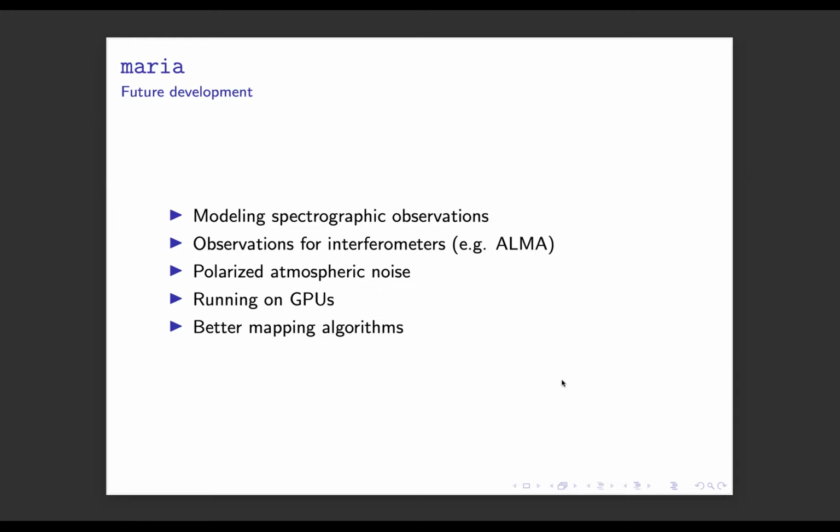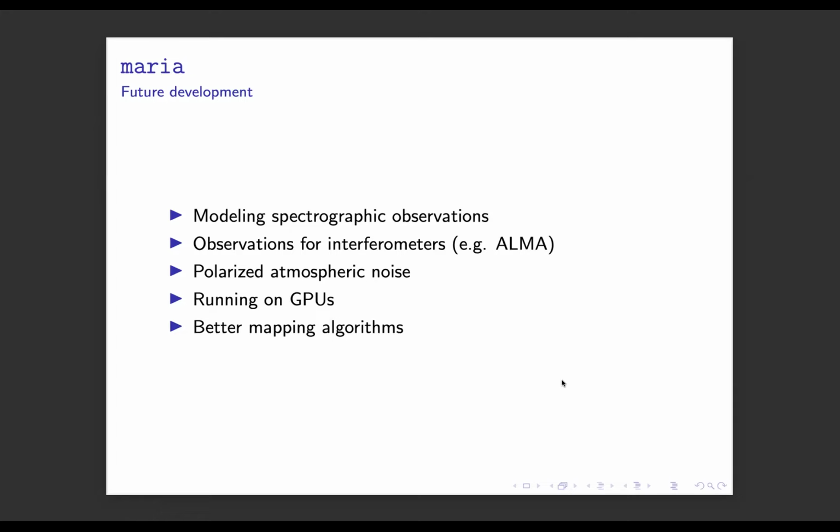So for interferometers, the atmosphere is a noise source, but it's not typically emission that gets averaged down by the interferometry. But there is a half delay fluctuation. So it's just a completely different kind of noise. But in principle, that is already generated by Maria. And so it's just a matter of specifying ALMA, for example, and figuring out how to propagate all that